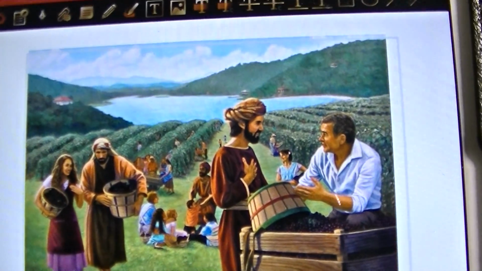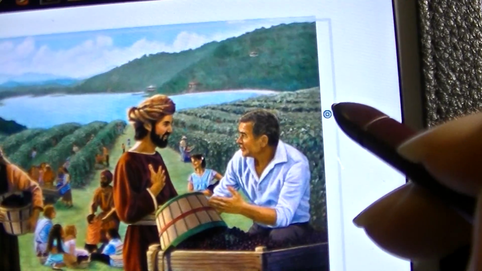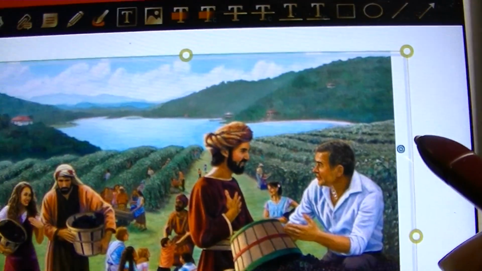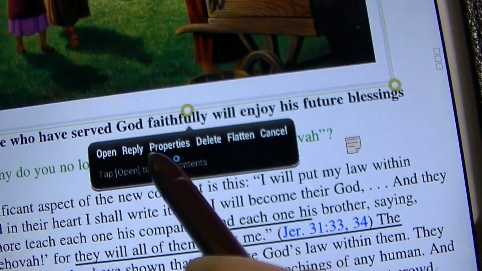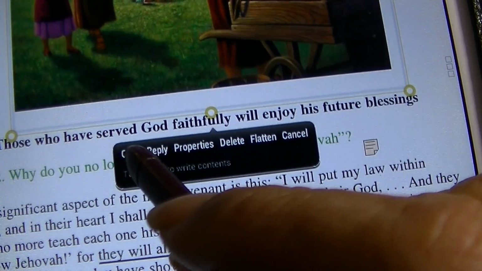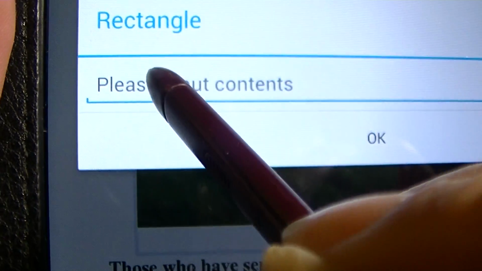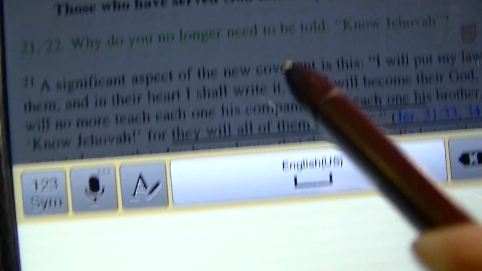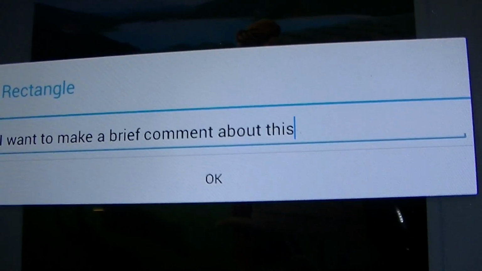And let's say there's a comment you want to make on this image. You click on the square that you created, and you're going to get this box. And notice that you get the menu: open, reply, properties, delete. So I'm going to make a comment about this image, and you click on the section, please input contents, and I want to make a brief comment about this image. And once I'm done,